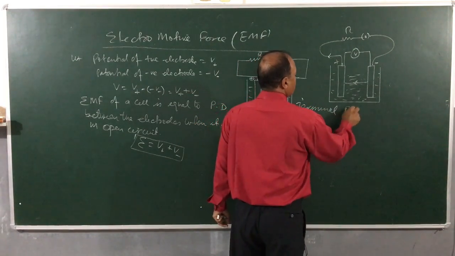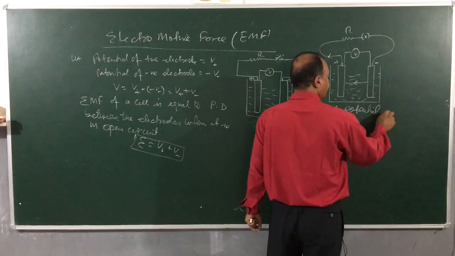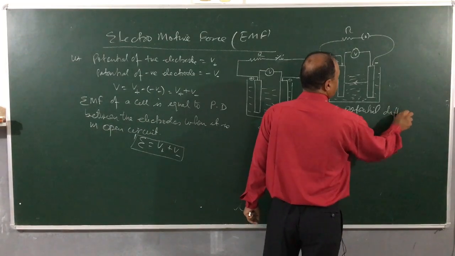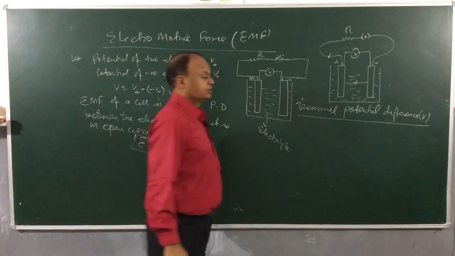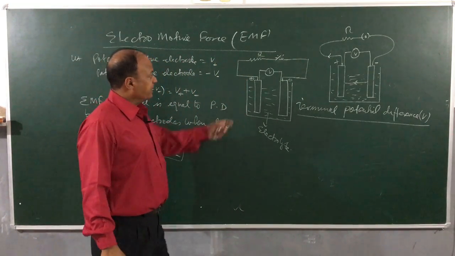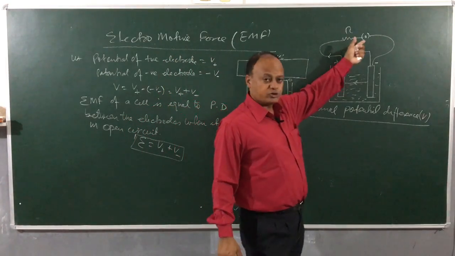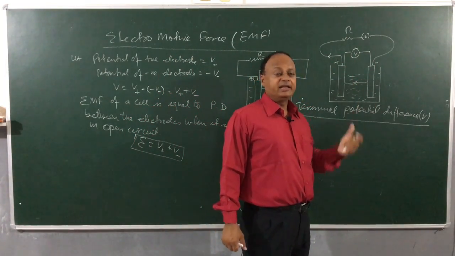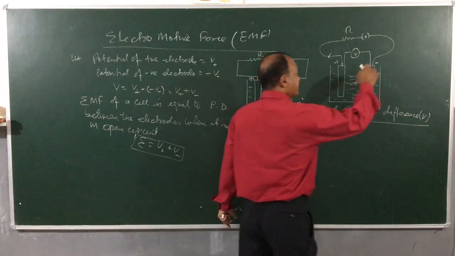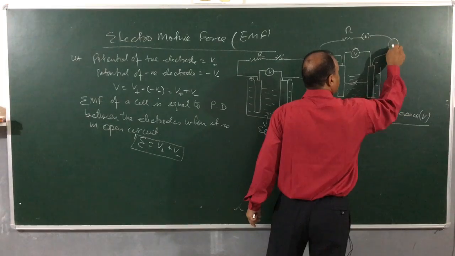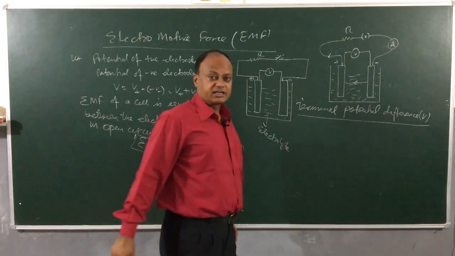Terminal potential difference, and children will denote it by V. Okay. When the key is open, then the potential difference is EMF. Now, when the key is closed, when the current is being drawn from the battery, then the potential difference will be called terminal voltage. And here we can connect a current meter, that is an ammeter, to measure how much current is flowing in the circuit, right.